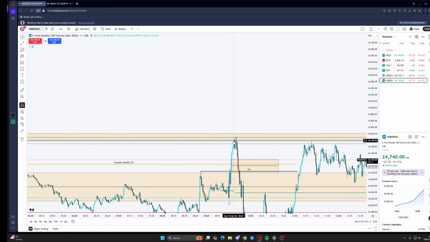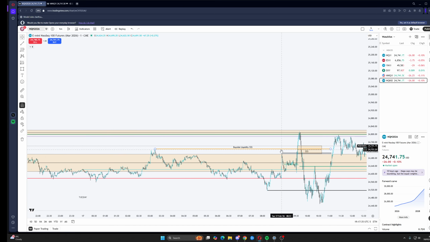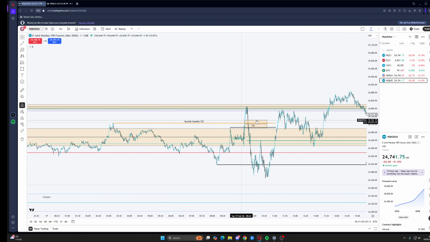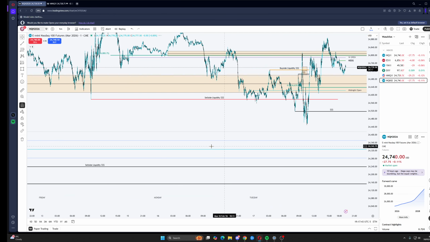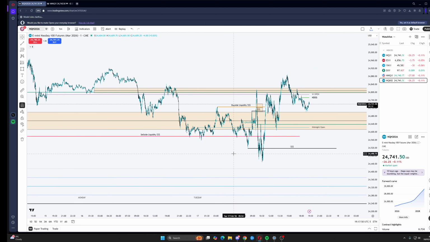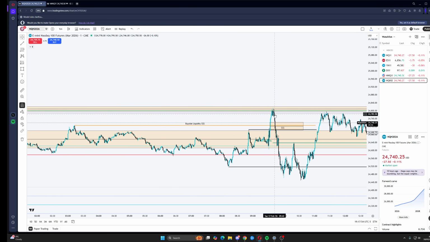And what would be nice is us just wicking right there, taking this high, hitting the order block, and that to me is the guarantee that we should not come back again to this area before visiting the low. This low, and this is the rejection block of it, and this is just the quadrant of the wick. Okay, so that's why I don't take the early entry, right?